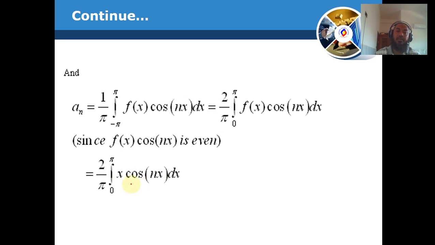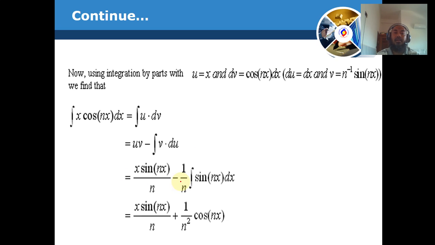Okay, we replace, so f(x) will be x cos nx dx. So from here, from x cos nx dx, we use